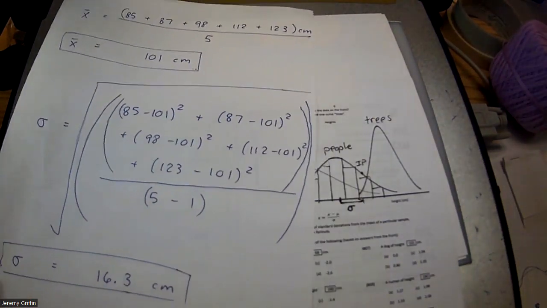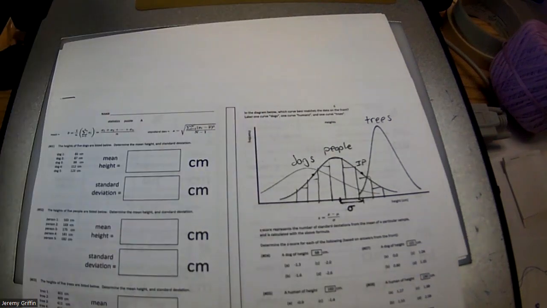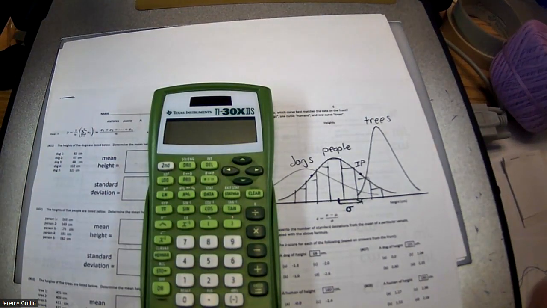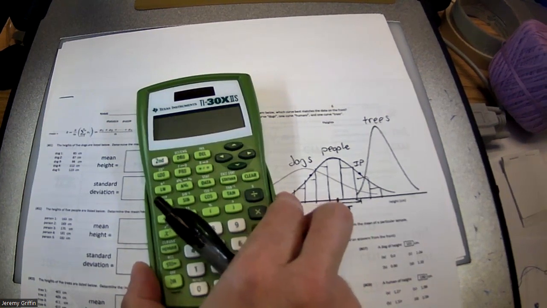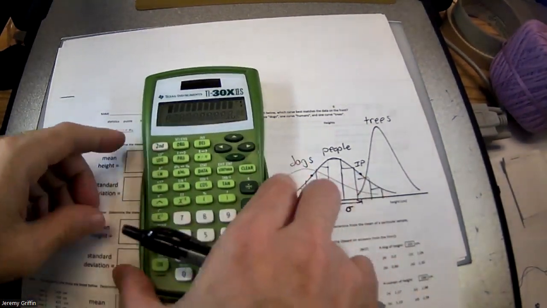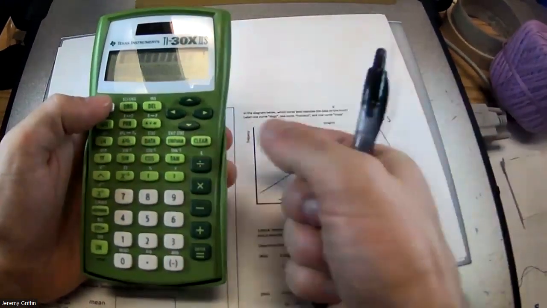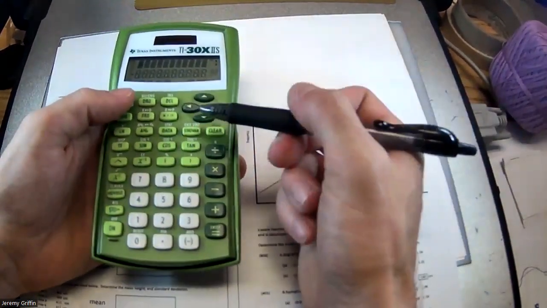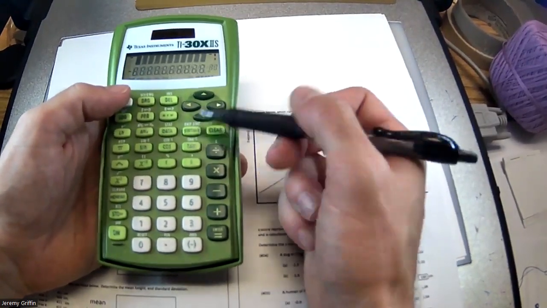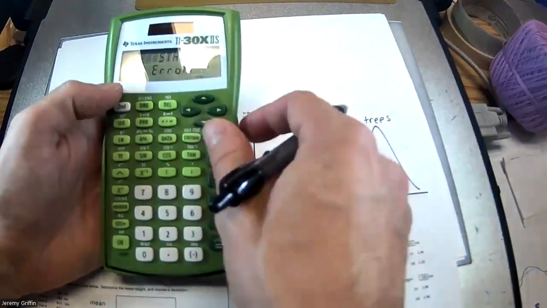Right. Now that is a process, but you have this calculator on your desk, right? I'm going to show you how this calculator can crunch that whole thing for you. If you don't have one, I have one here, and there are a couple of spare ones over on those desks. So here's what we're going to do. First of all, let's clear out whatever data is there. Hit second, exit stat. Did you see this key right here? So second, and then exit stat. You see that? And I'll just clear out whatever's there.